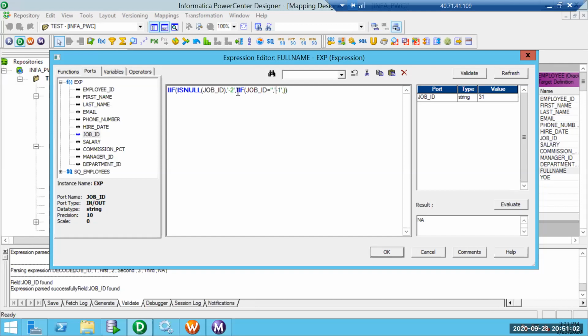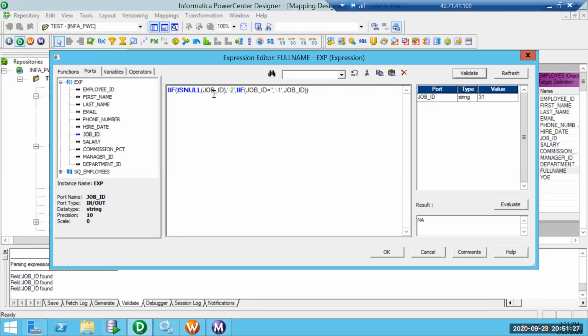I'll give the correct usage of this. I'll validate, and it validates successfully. When we don't have a value in job ID, we are populating -2. If there is a value and it is an empty string, then we are populating -1.